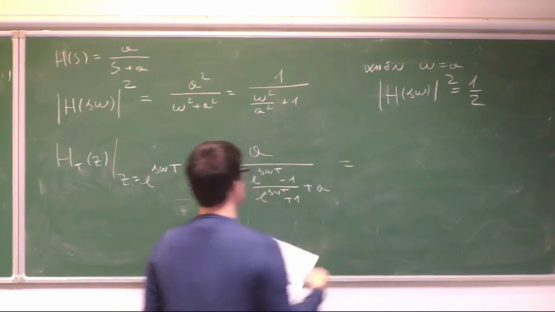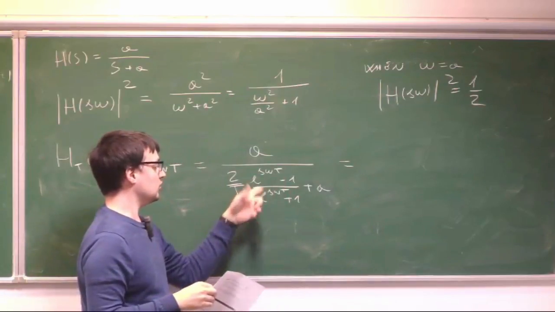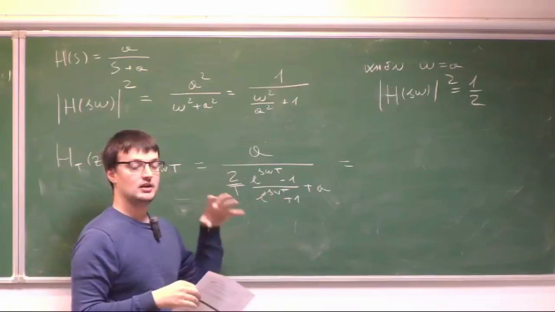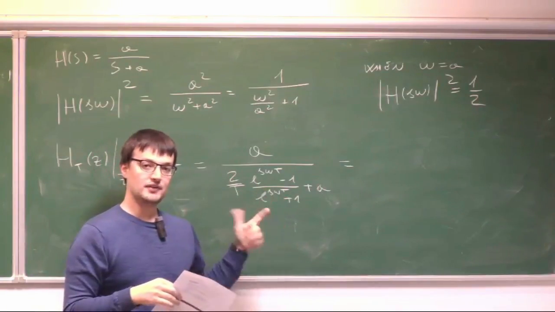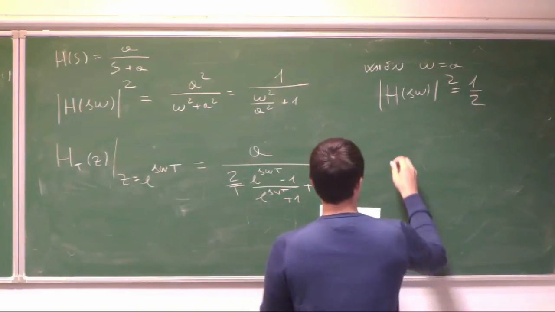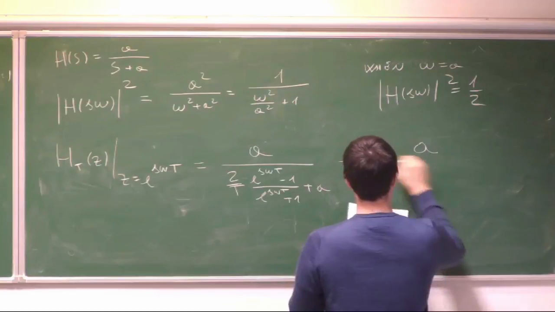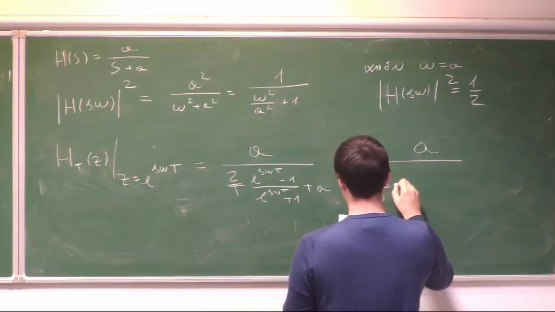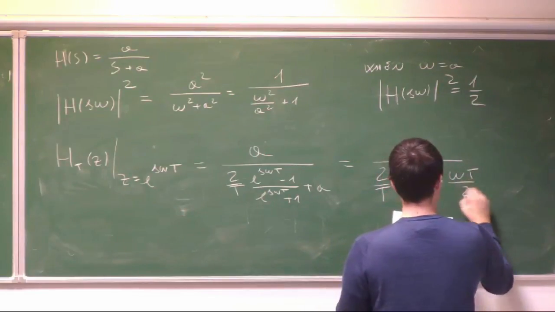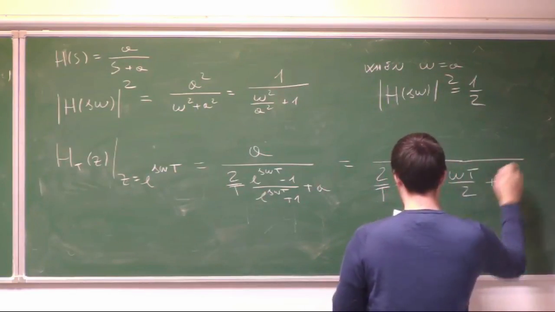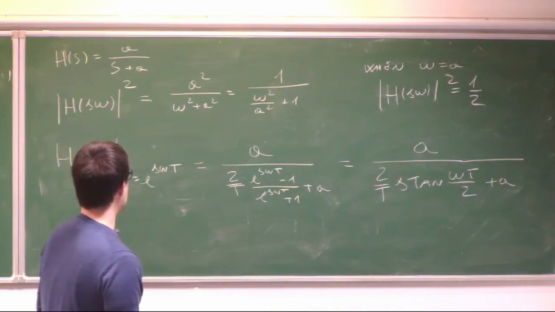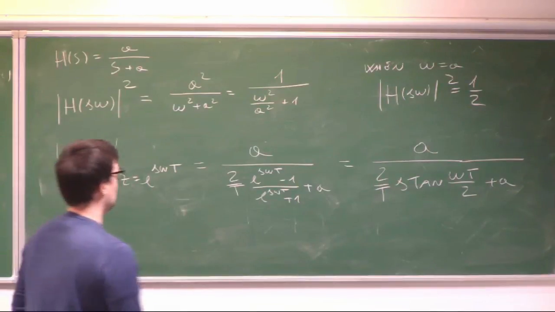And now we can use the Euler rule here, so we factorize the exponential, we write this as the fraction of a sinusoid and a cosinusoid, and so we obtain actually a tangent. And so after some computation, we obtain basically a divided by (2/T) j tan(ωT/2) + a, okay? Now, if we compute the half power point, okay, so for this